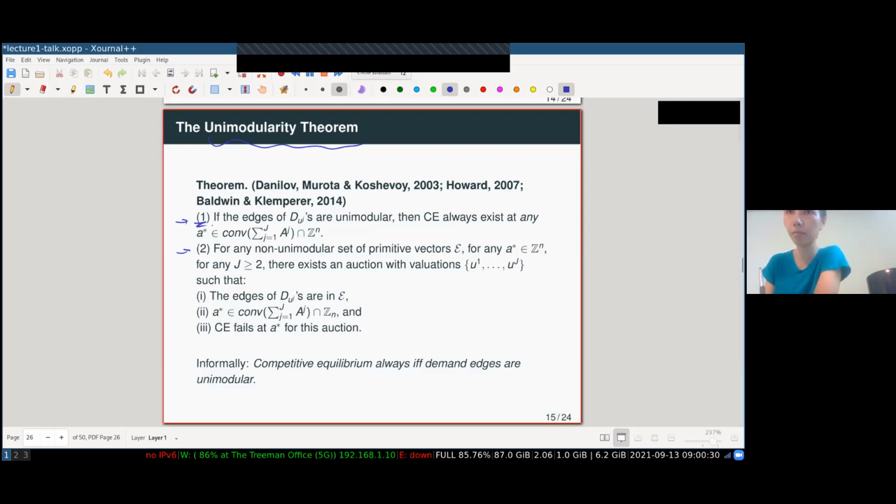Part one said, if the edges of the demand set for agent J are unimodular, right? If the edges form a unimodular system, then competitive equilibrium always exists at any A star that you care about, right? So there's this condition here, just set that A star lies in the convex hull of the sum of the